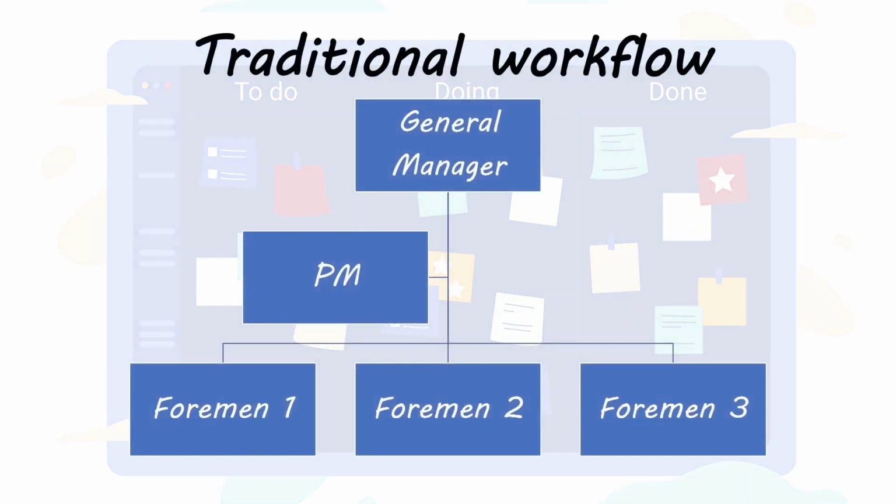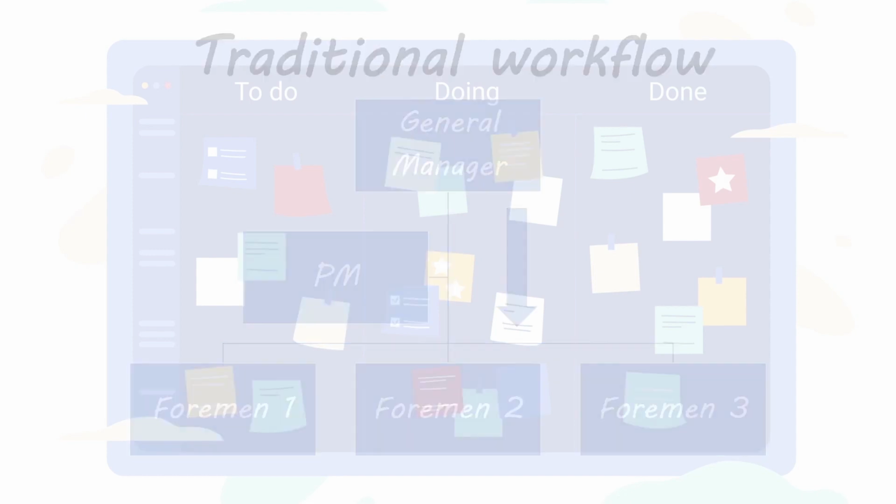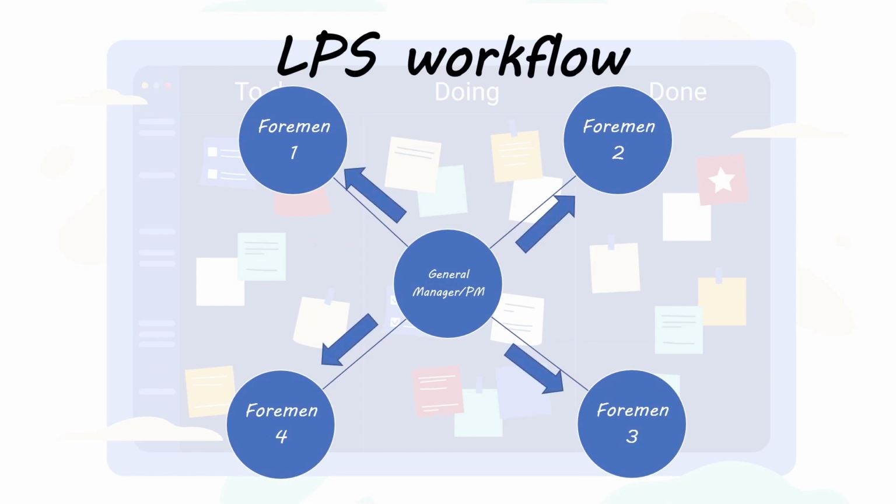So in traditional workflow, information goes in one direction, from the top down, and even if there is some feedback, it's not enough to see future problems or conflicts with the other trades and try to solve the problem and minimize the impact on the schedule. On the other hand, in the LPS workflow, the information goes both ways. So everyone is heard, and when a problem comes up, they all try to solve and minimize it together, and that impacts everyone's schedule less.